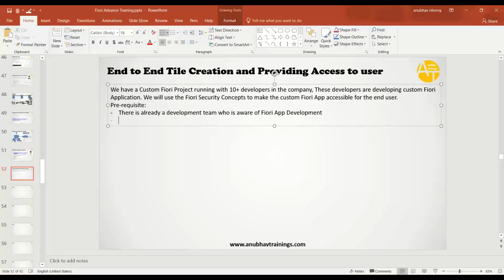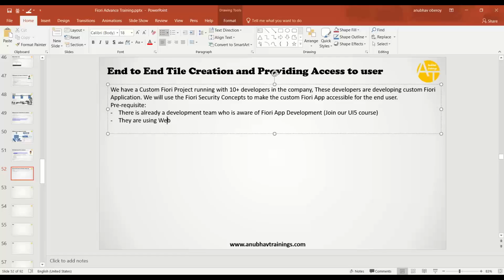I am not going into the development part because if you're interested in this part, join my UI5 training because this is covered there. I will look at only the perspective of security. So from that perspective, I assume there is already a team which is doing development, like any team does Fiori app development. They are using the Fiori development